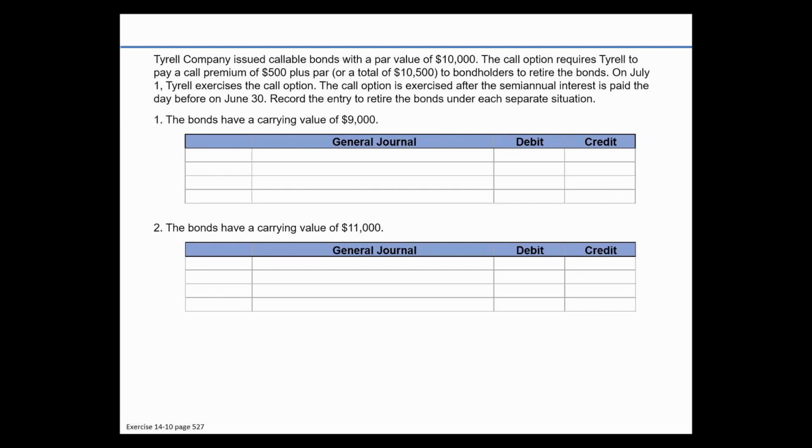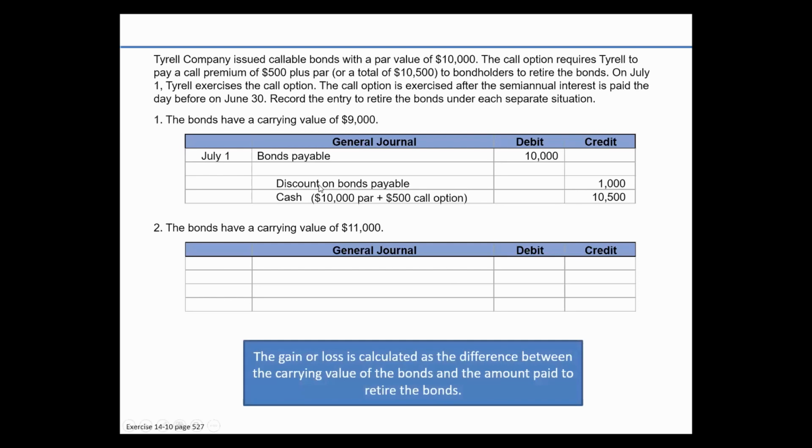So we'll record the entry to retire the bonds under each separate situation. So the first one will say that the bonds had a carrying value of $9,000. So we would debit the bonds payable, the amount of $10,000, because we're now paying off that liability. We would also have a debit to the loss on retirement of bonds for $1,500. And then you would credit the discount on bonds payable $1,000, and cash would be, again, the par value plus the call option, a credit of